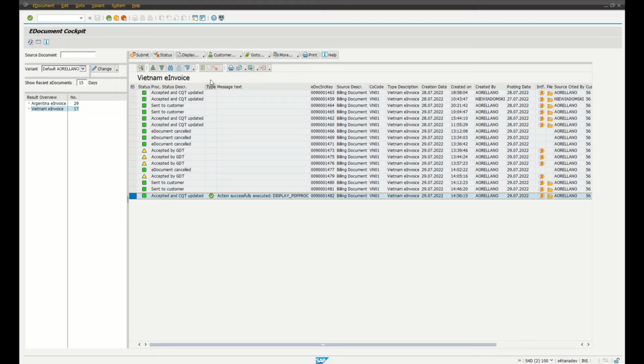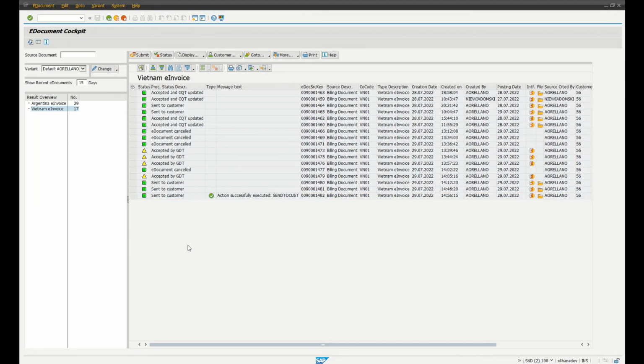So we have to select and just click on customer, send to customer. Well, this email will attach the XML and the PDF, just following the Vietnam regulation too. We also have other standard functionalities here. In more, we have the cancel and the delete eDocument functionality. And we have in GoTo the application log and the interface log to see and troubleshoot the errors that could happen,